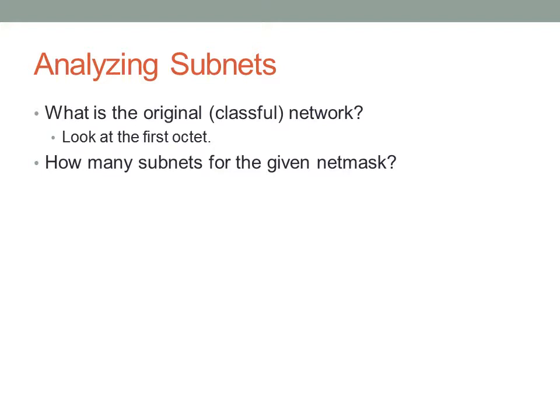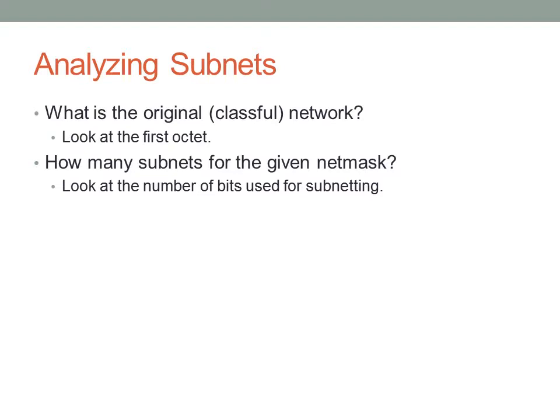And so remember, we're borrowing some additional bits in addition to the bits that were allocated for the network portion by the original classful network. We're now looking at borrowing more bits to be used as the network portion. And so, based on that number of bits, how many possible subnets could we have? For that, we'll look at the number of bits used for subnetting. So in CIDR notation, it would be that number after the slash, or in dotted decimal, you'll have to